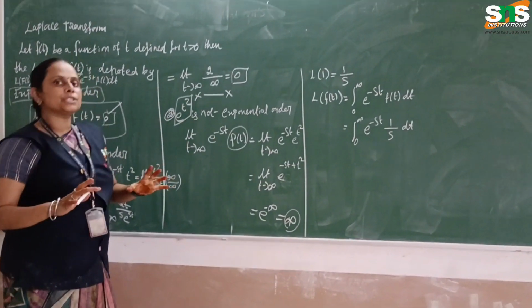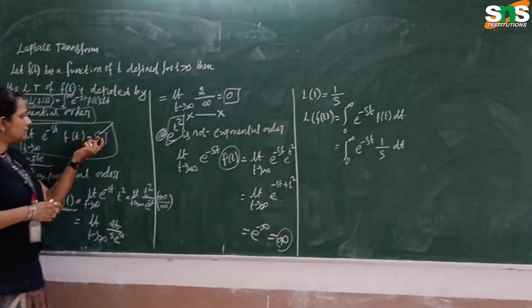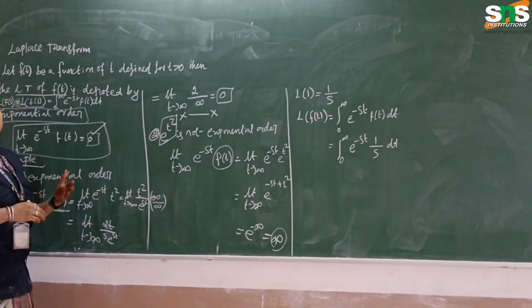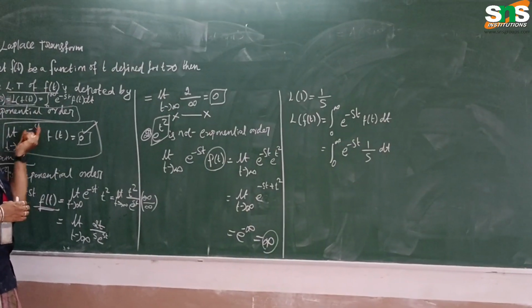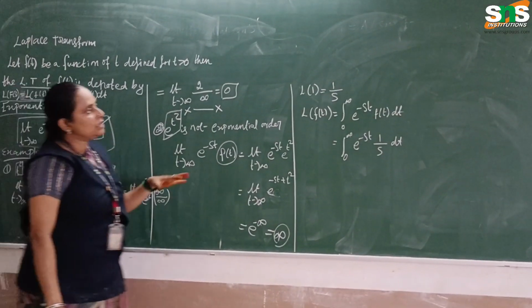So the exponential order is exactly when the value is 0, that is, the limit as t tends to infinity of e power minus st f of t is 0. Okay. Then we have